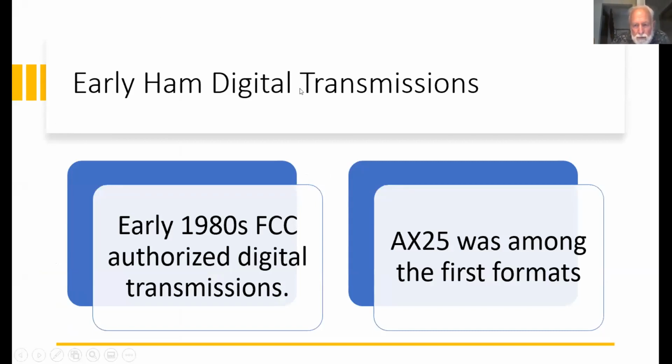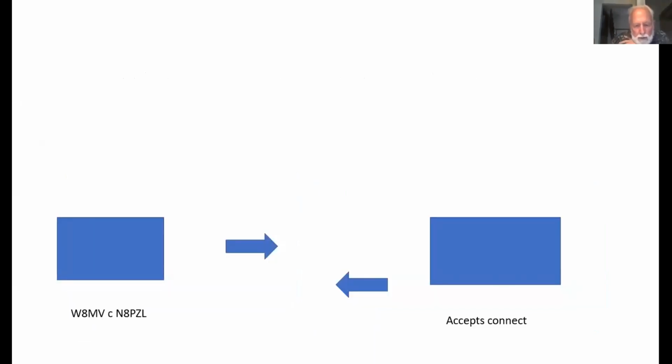So when the FCC finally allowed digital transmissions, one of the first things that came up was called AX.25. X.25 was an established format, but AX.25 was a slight modification that allowed us to put our call signs in and make things legal. And the way it worked was that